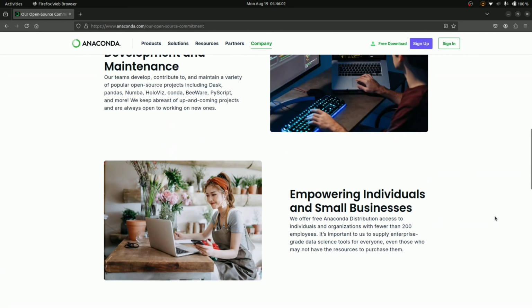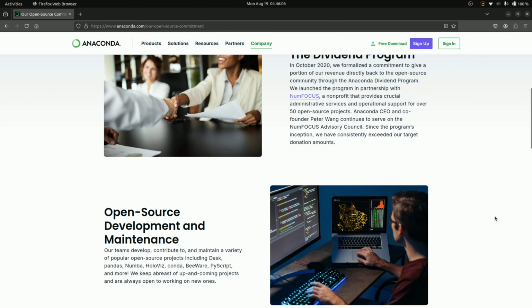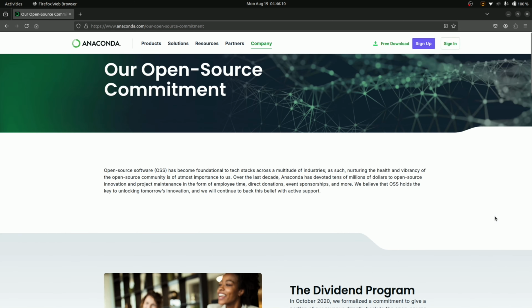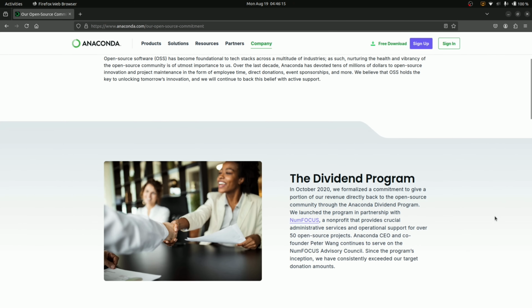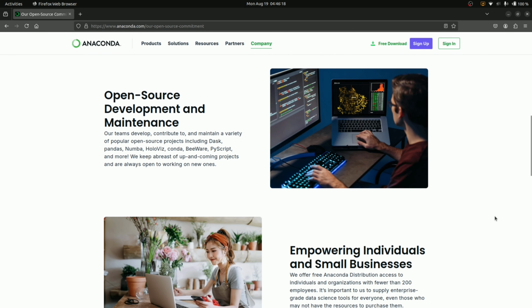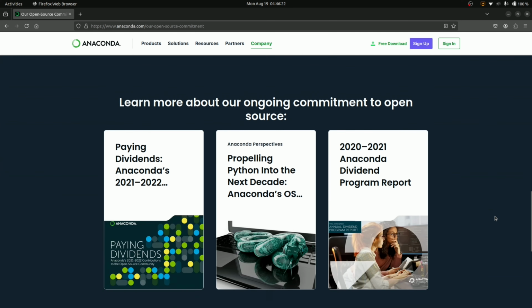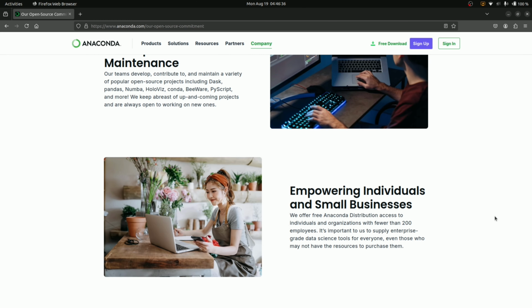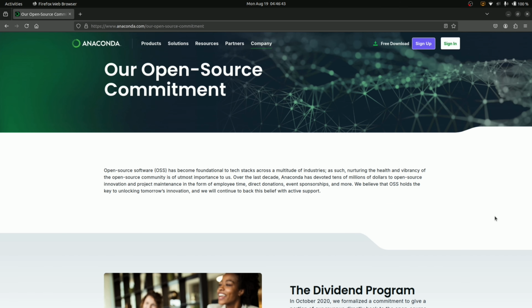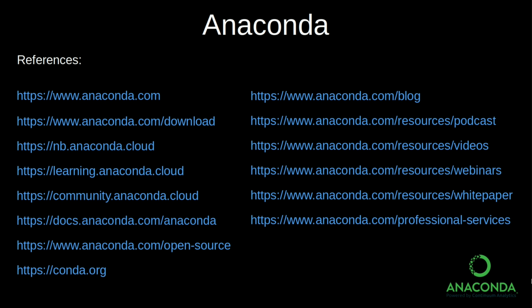So this is the way that Anaconda aims to help promote data science and artificial intelligence worldwide, offering free products as open source products, as well as some free services and solutions for individuals and small companies, while partnering with big companies for growing and increasing their profit and capacity of innovating and creating new products. So this is Anaconda as a whole, as a company, and you can read more later on your own through